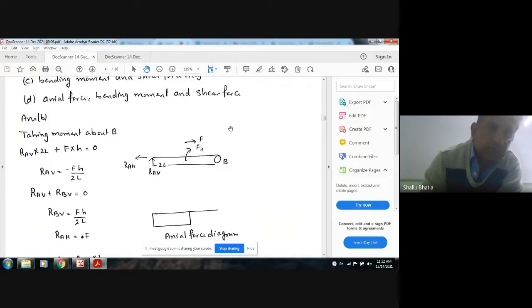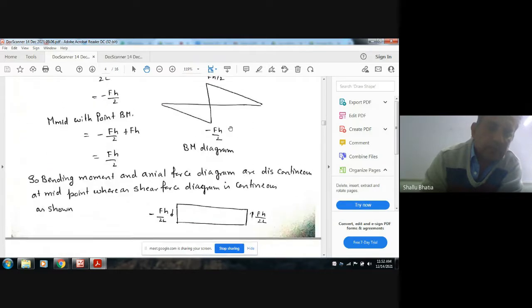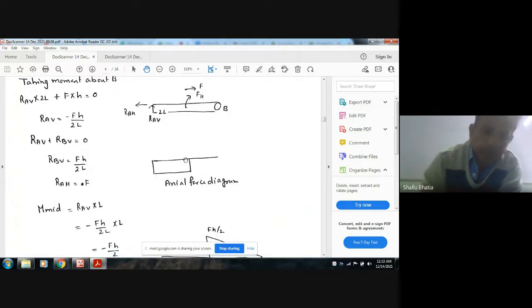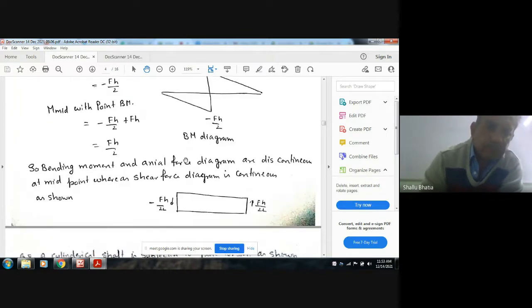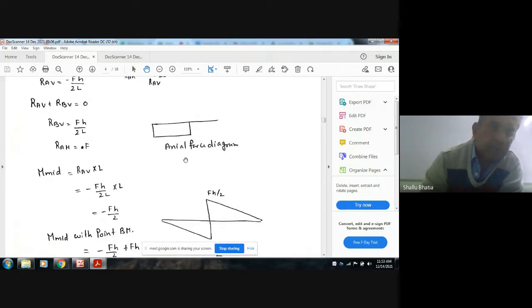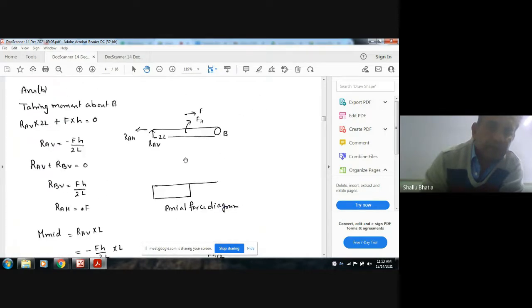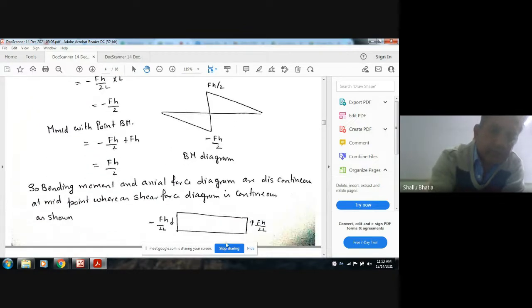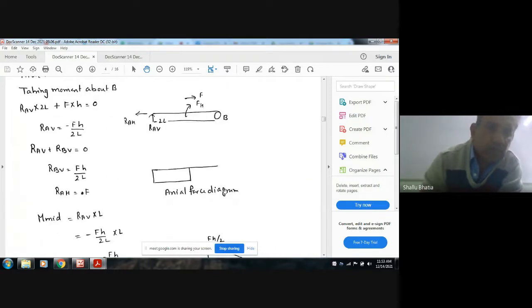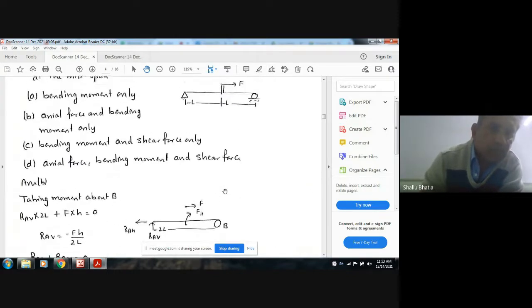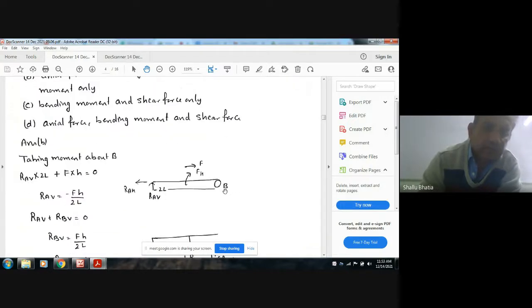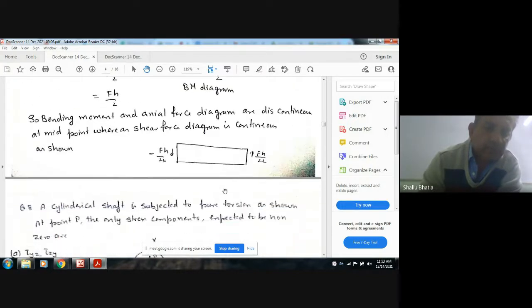So the bending moment will also not be continuous. But the shear force at point A is RAV, FH by 12, and at B it will come down. So the shear force diagram at the midpoint will be continuous. So the answer is B, the axial force and bending moment. These are not continuous. Okay. Next